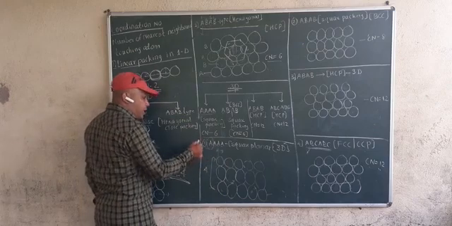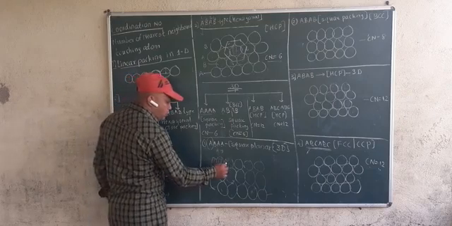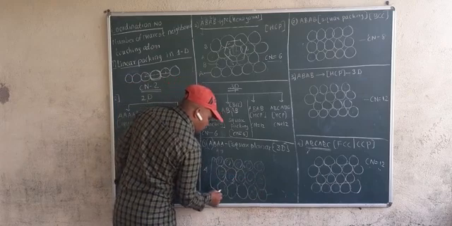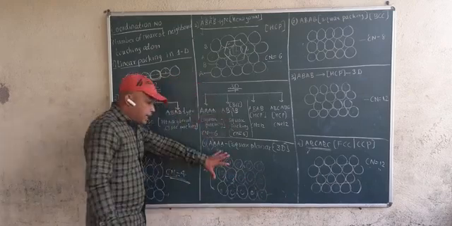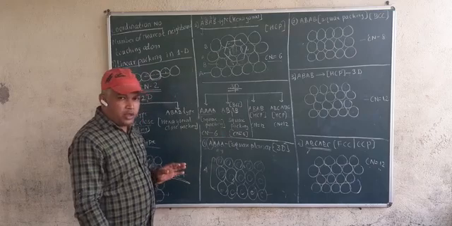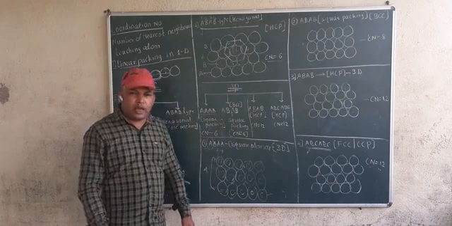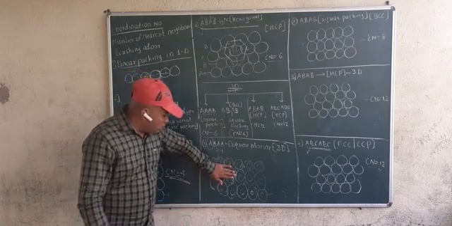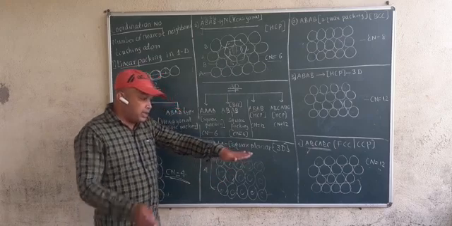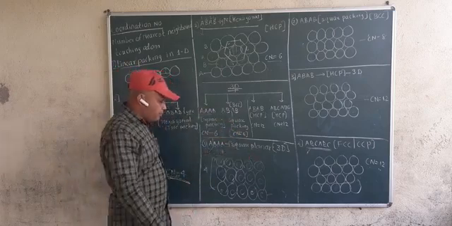And so the first layer is finished. What is the second? The second is again the same as the first one. So I will put one more layer exactly on this layer. Then again I will put one more layer on this, and again one more. Try to imagine this is three dimensional. Three dimensional I cannot draw on the board. This is a two dimensional diagram, and if I keep this layer like this, then the second layer, third, fourth. So this is square packing.